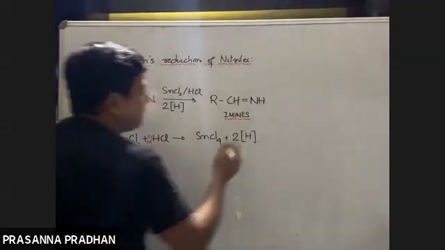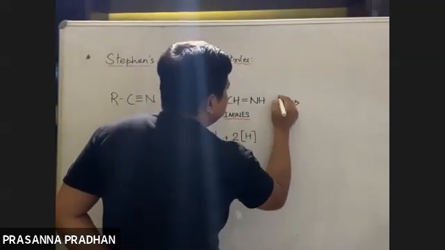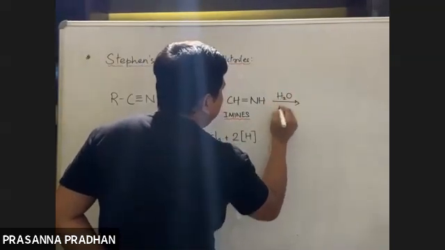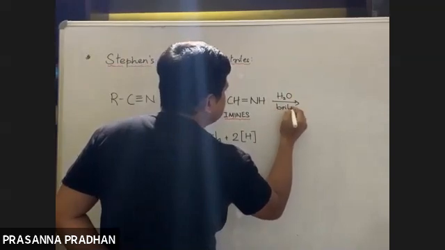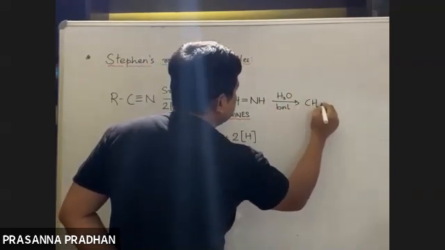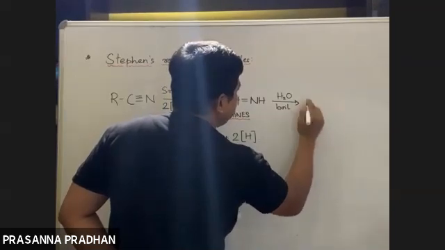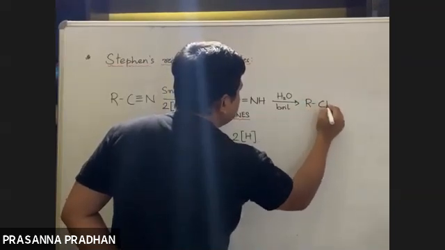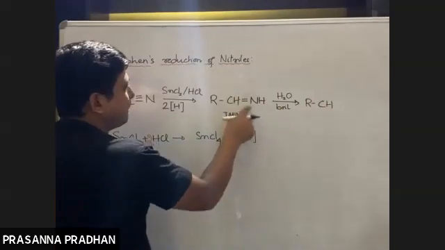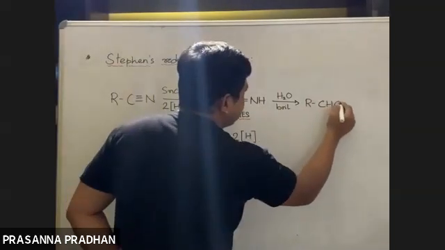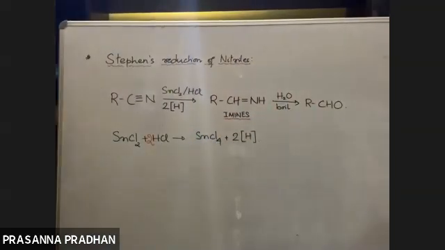Now these imines, when they are treated with hot water, boiling water, boil with water, what do we get? We get, I have written R out here, I'll get R, CH. This whole thing, NH will get replaced by O. So yes, nitriles to aldehydes. How many steps is it? Okay, this reaction actually occurs in 2 steps.